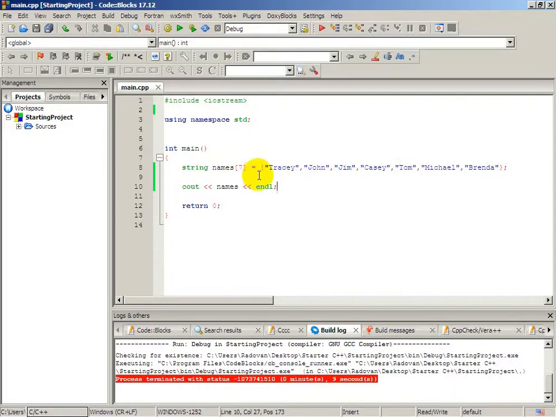This is names, array of 7 elements, but first element is the 0 element of array, and it is Tracy. It starts from 0. John is number 1, Jim is number 2, and it goes until 6. It cannot have number 7. And if we want to print one of these names, we need to specify which element of the array it is. If we type names of 0,